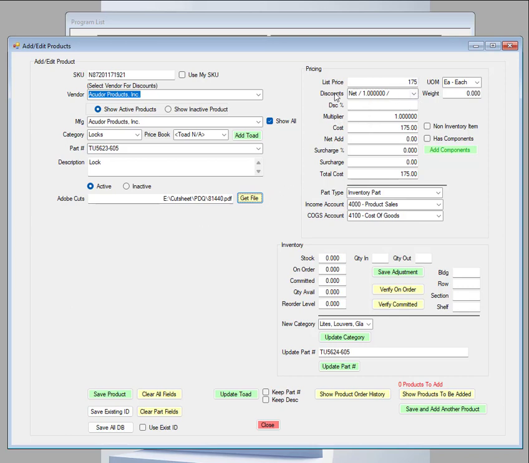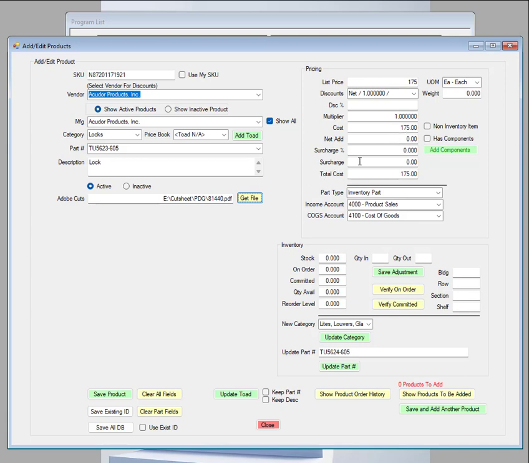Okay, everything else pretty well explanatory. This is your discounts that were created from the vendor that you selected. You can change that here if necessary. The multiplier, cost and everything, the net add. Net add is typically used with a manufacturer who will discount the main item for a product, but maybe there's an add for that product that is not discounted. That would be a net add. So you could type that in here. Now Toad will add that in for you automatically if there is one,